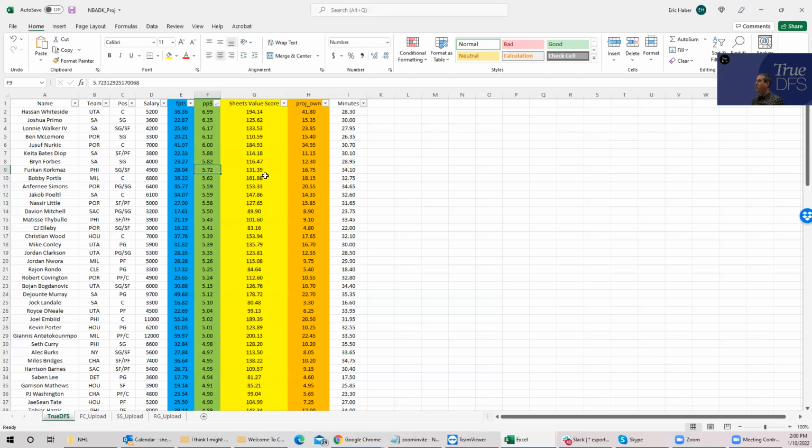I would not, just to reiterate, pre-build force a min or a max of anything, okay? I don't force exposure limits. I don't force anything. I first let the build just happen. And if for whatever reason I don't like the build, or if I don't want 4 guys from the same team, then I could set minimums after the fact and make that work, okay? What else? I guess that's pretty much it. Other value plays that I noticed was maybe Davion Mitchell, but I just prefer the other guys a little bit better.